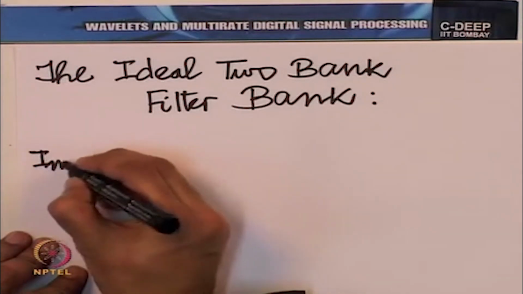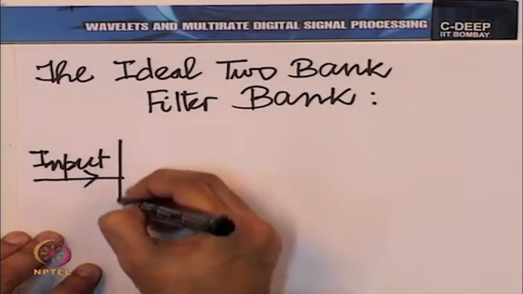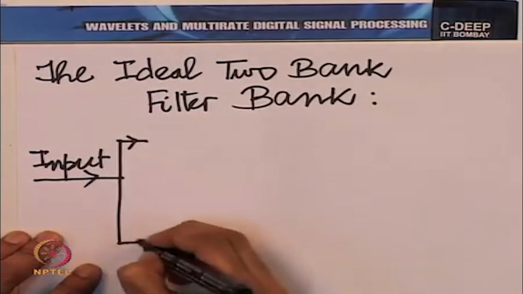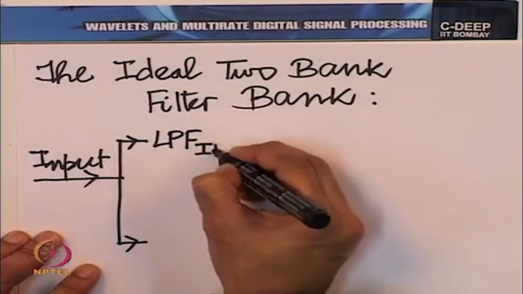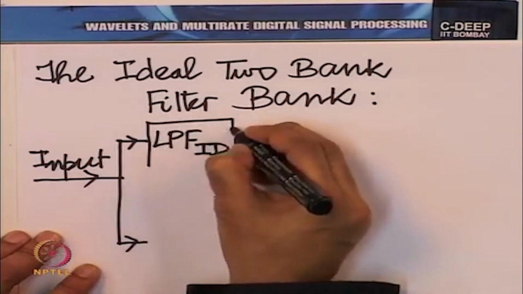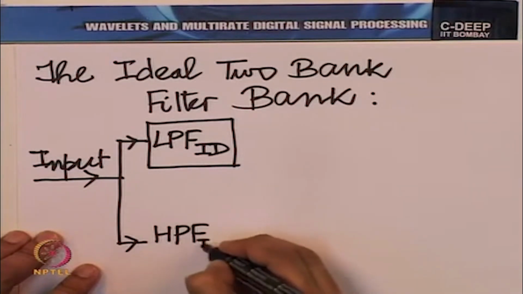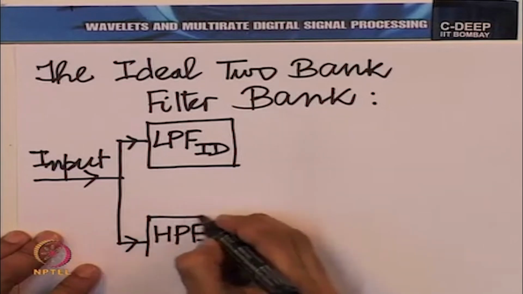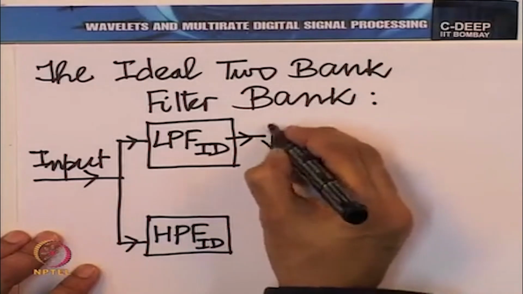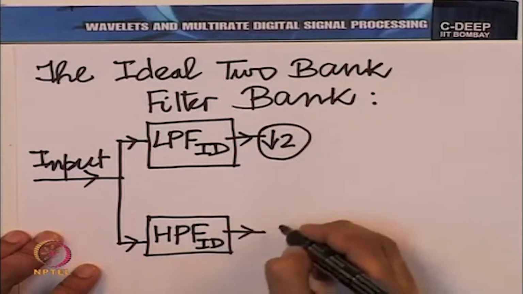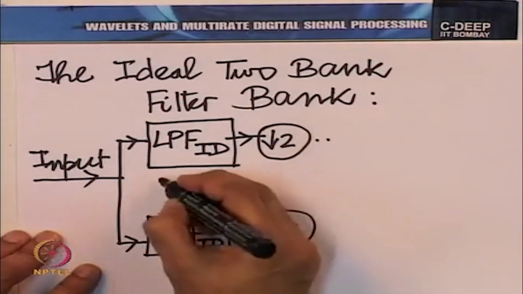The input sequence here being fed to LPF ideal here, HPF ideal there, downsampled by 2 subsequently, this is the analysis portion,